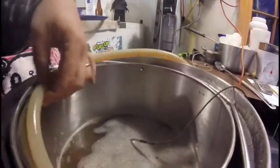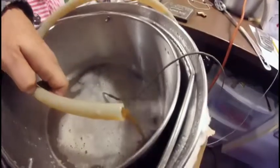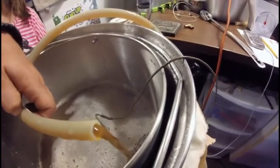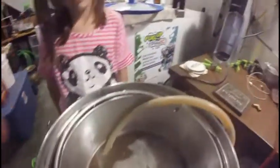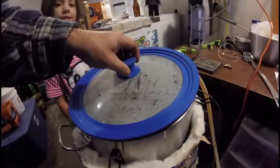I got quite a bit on top. It might slow the pump down a little bit, but as you can see, got decent color. It's flowing. It hasn't risen up any, so that seems to be fairly consistent there. I wanted it 156, so